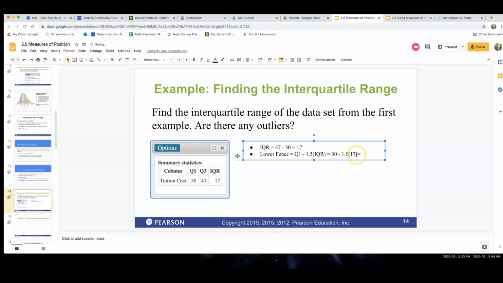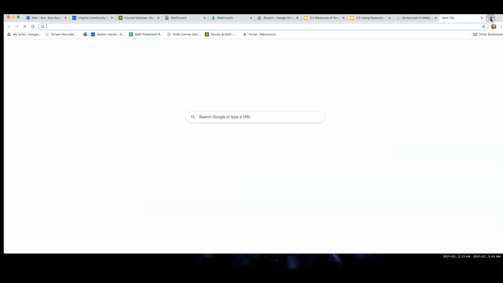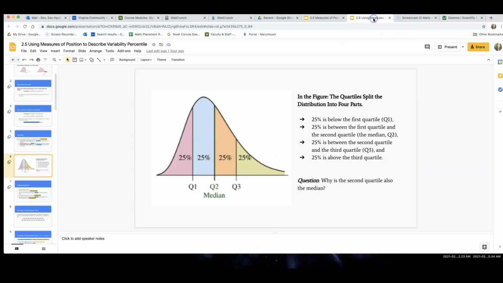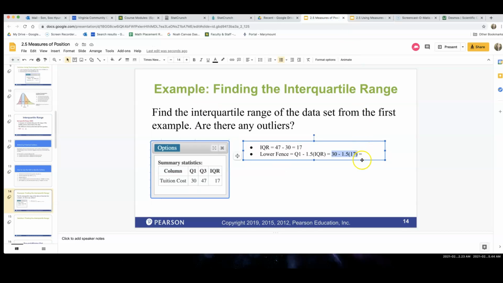I need to go ahead and evaluate this. On this Desmos scientific calculator, I type in my operation, and it says 4.5. I go back to my slide and say the lower fence is 4.5. So what do I know? Any